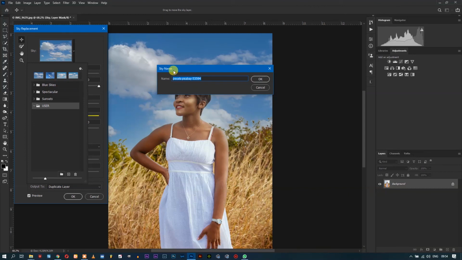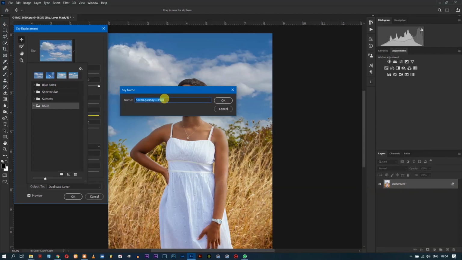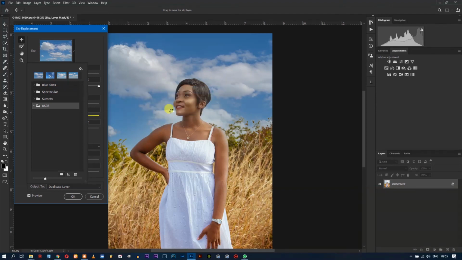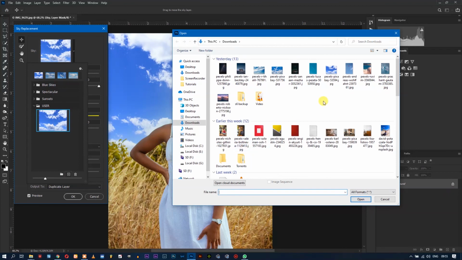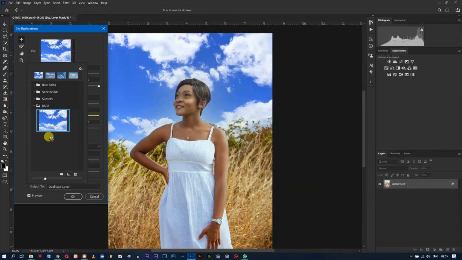When you select the image that you want to add to your skies, it gives you the option to give it a name. For me, I have no problem with it, but for the sake of organization, I'm gonna click that 01 to make it the first. Okay, so I'm gonna add another one, and wow. The beauty about this is that we won't be having the same skies as everybody else. So you can add different ones. You can also create your own selection. Okay, so there we go. I can make this 02